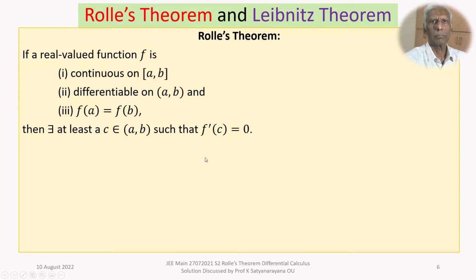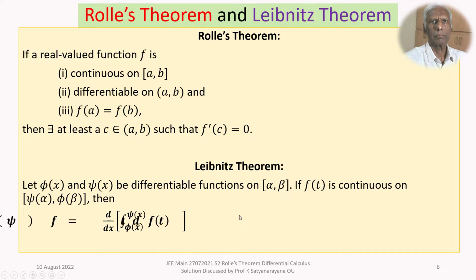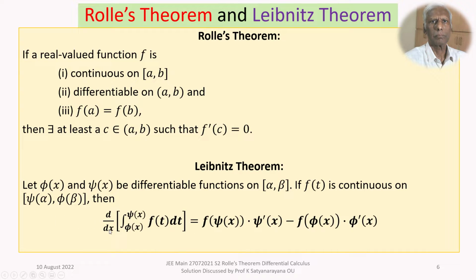This is a very well known result. We have been using it quite a good number of times. And we also recall Leibniz theorem for the differentiation. Let phi(x) and psi(x) be differentiable functions on the closed and bounded interval [alpha, beta], and if f(t) is continuous on the closed and bounded interval [phi(alpha), phi(beta)], then d by dx